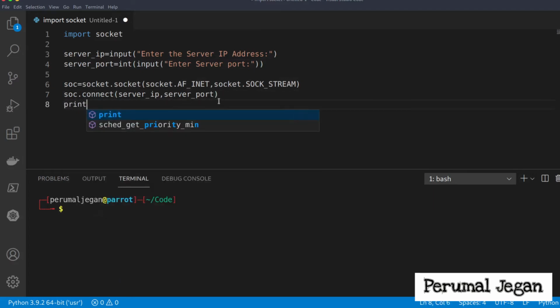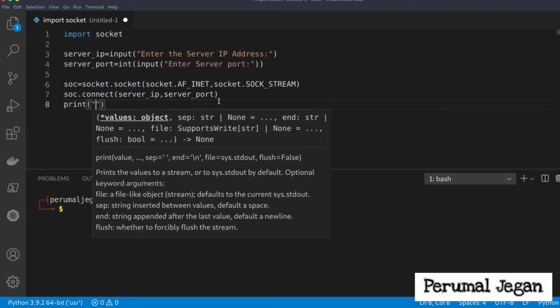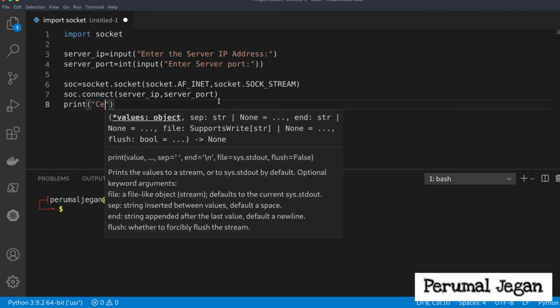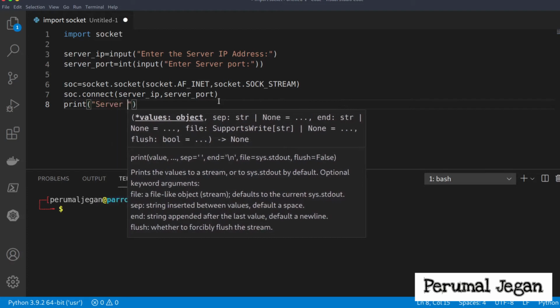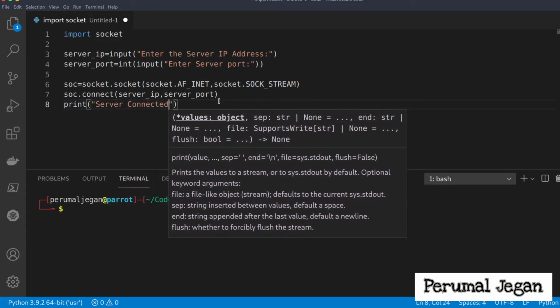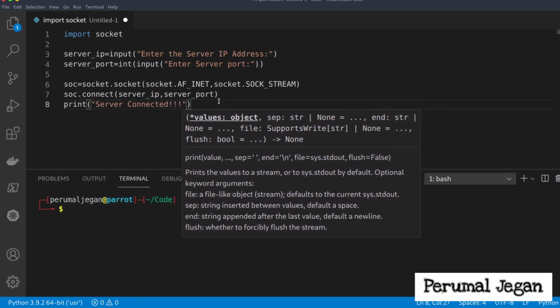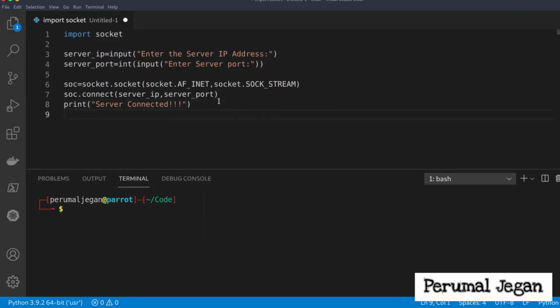Now we need to display the message to the user. I'm simply typing server connected. Okay, now we got connected to the server, and after connecting to the server, a client has to send some message to the server. So I'm getting that message from the user.